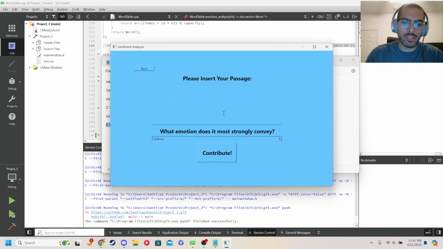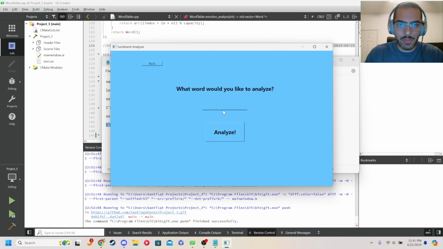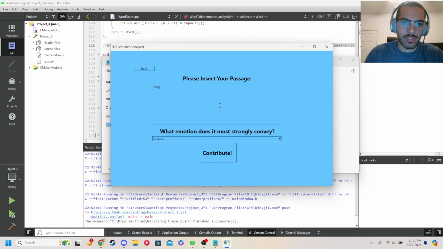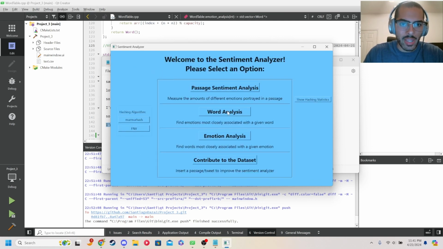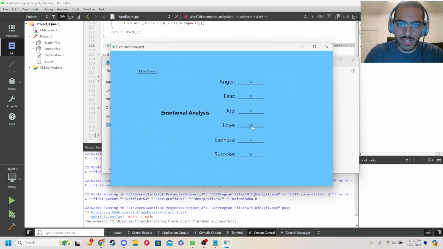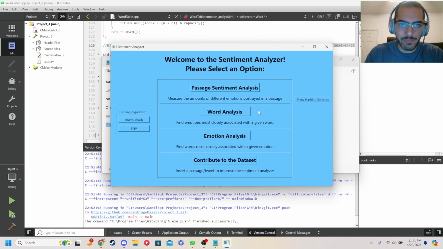And we're able to actually contribute to the data set ourselves by putting in a passage and selecting what emotion it most conveys, and that actually contributes to the data set itself. So for example, if we had a word that was complete nonsense like norgal, right? Obviously, 0 emotions for all of them because that's not a word, but if we're actually able to input it to the data set and say that it's a very loving word, right? And now we're actually able to go to the analysis and see that it has in fact been contributed to the data set and it is 100% associated with love. And that is essentially the base functionality of our program. I hope you enjoyed and have